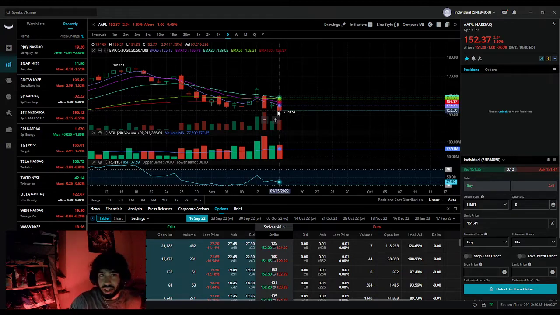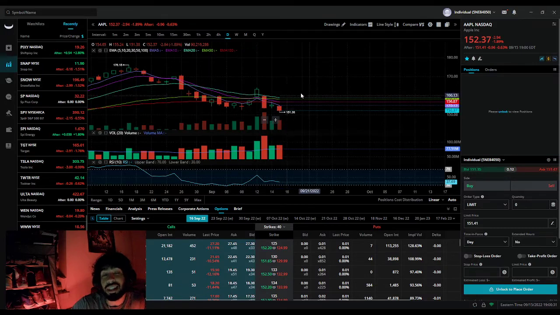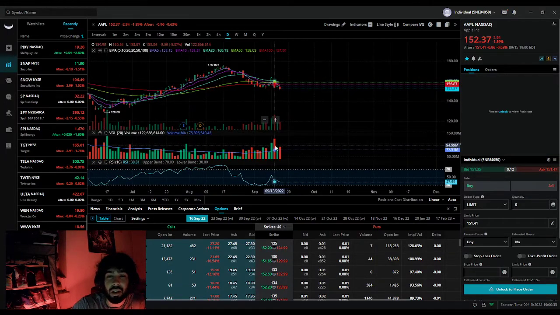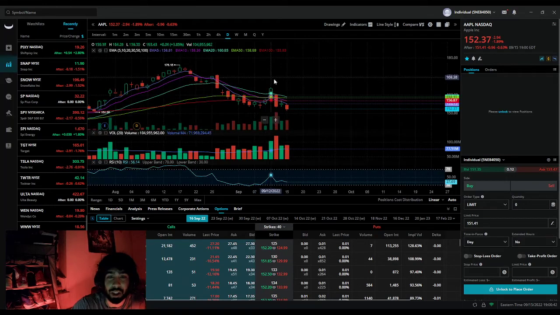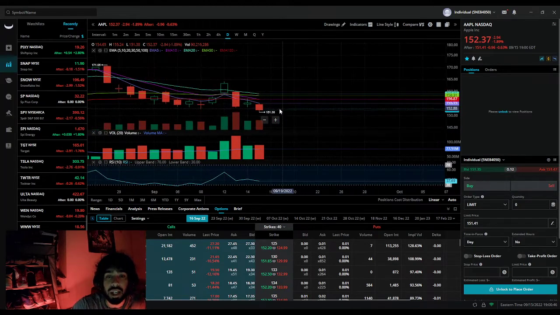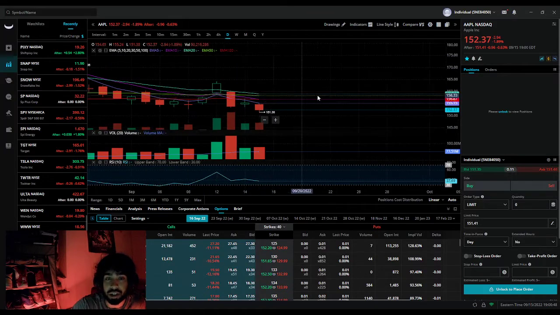The volume today was 90 million. That is a little bit above average. What I want to see is 122 million, because that's like the best move possible, up or down. It doesn't matter which way it goes. I'll play it, so we can see that right now it is looking very bearish.